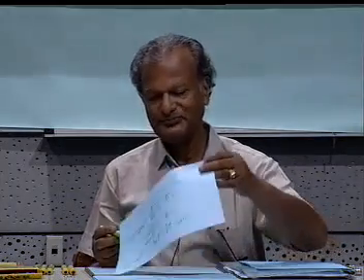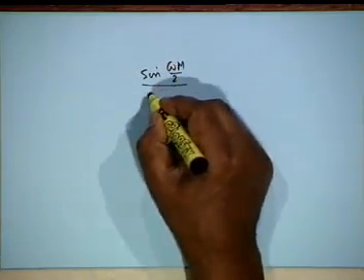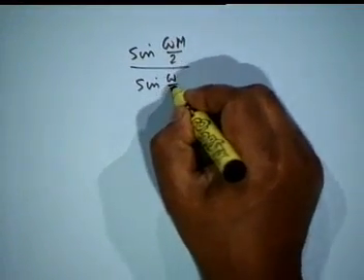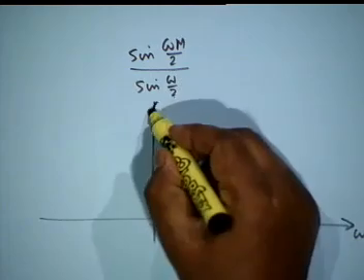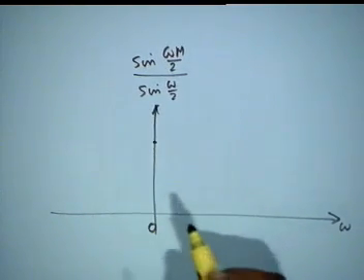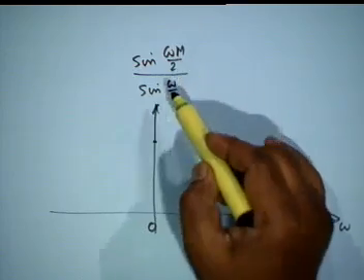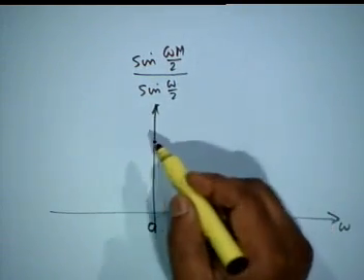For example, if I plot sine of omega M by 2 divided by sine of omega by 2 versus omega, then at omega equal to 0, it is 0 by 0 form. So, you apply L'Hopital and get the result as